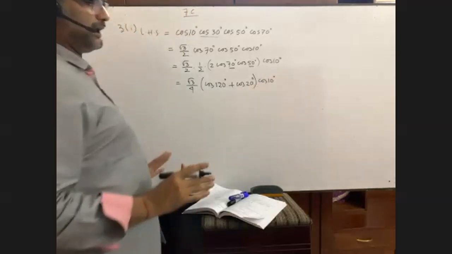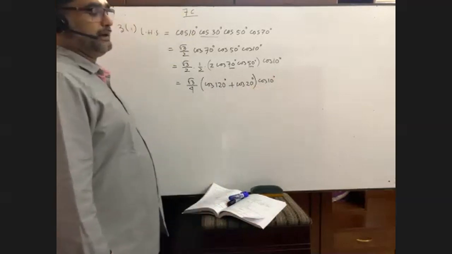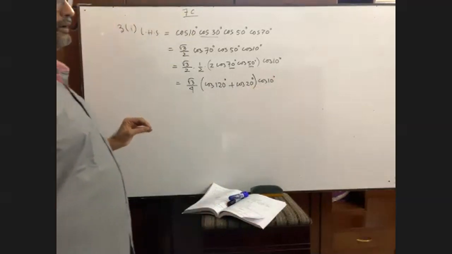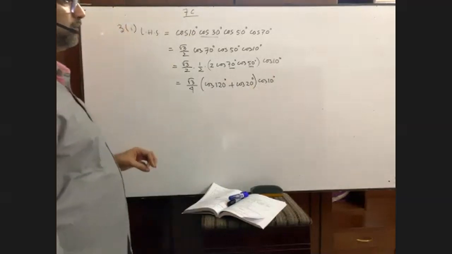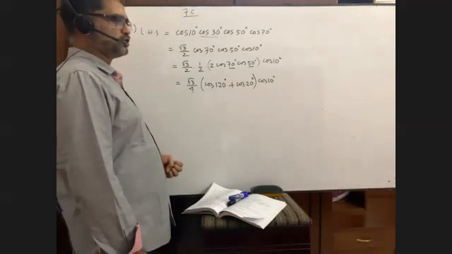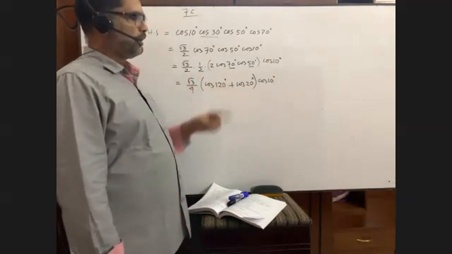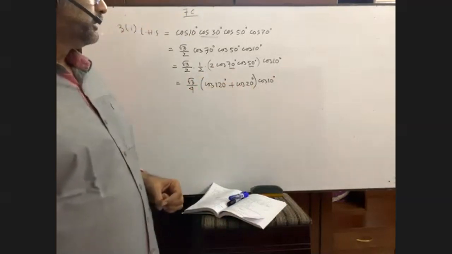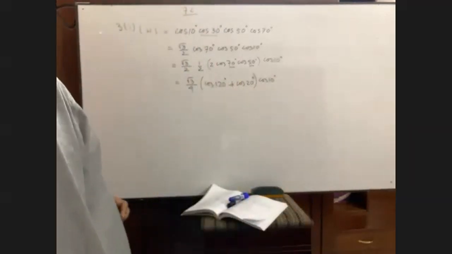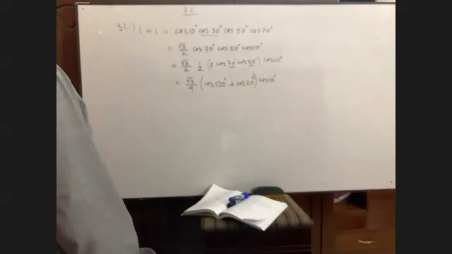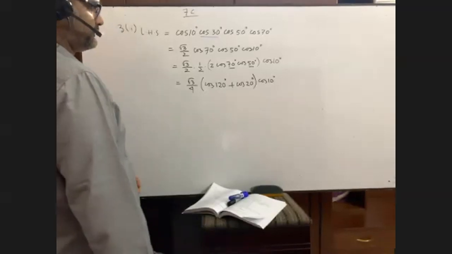If there is anyone here who has failed to understand, please talk to me. I repeat, it depends only on the formula. If you don't know the formula, then nobody can do this math. So I told you just to memorize the formula from 1 to 12 at least. I repeat, 2 cos A cos B. What is the formula? Cos of A plus B. This is formula number 7: cos of A plus B plus cos of A minus B. Is it okay? Yes, sir.